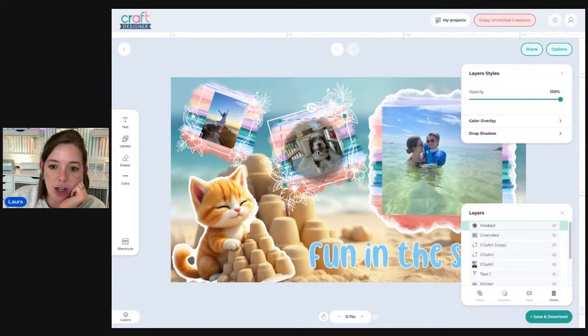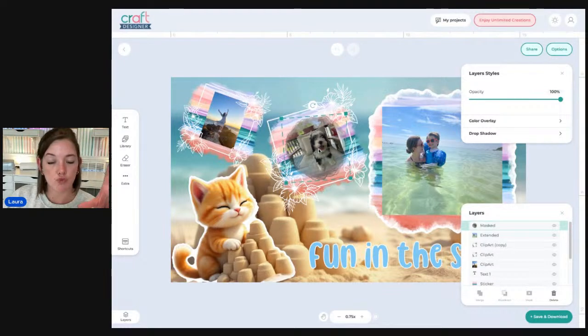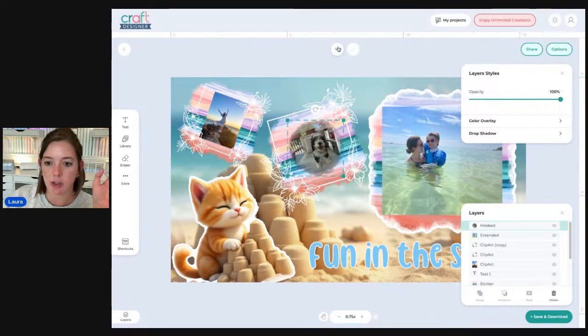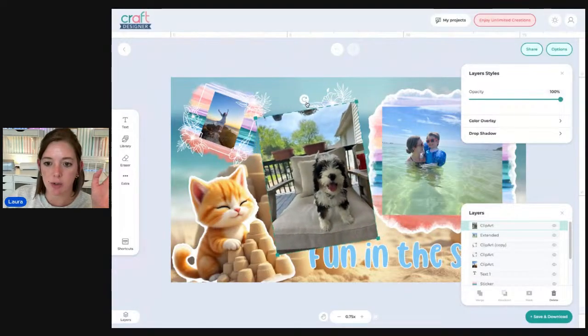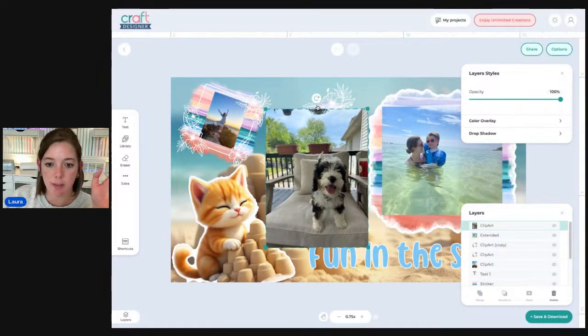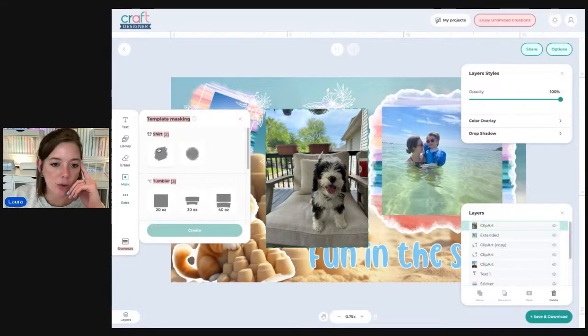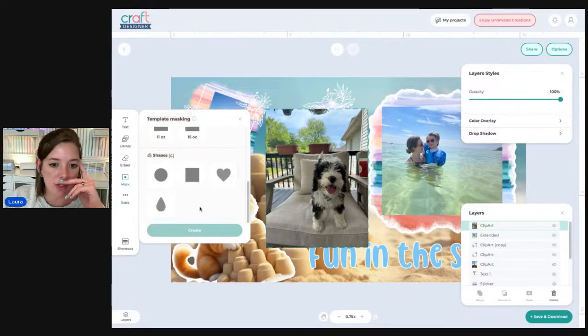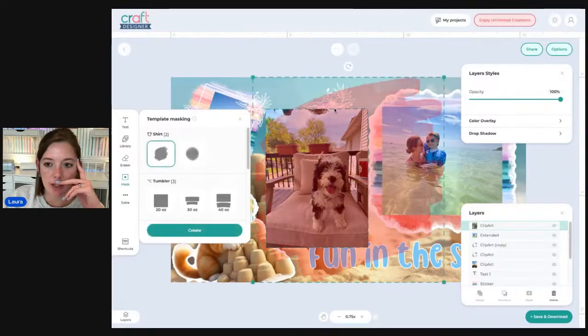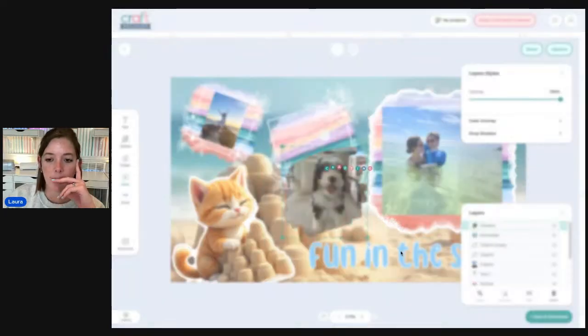And there's different styles of the mask. So let me go back and show you that again. Let's say I wanted to create a mask on this photo. So I have the photo selected. That's what I want to mask. I'm going to go into my masks here. I could do any of these styles. Let's do this one actually, because I think that's kind of fun. I'm just going to size it down until it's right over Dolly here and then hit create.